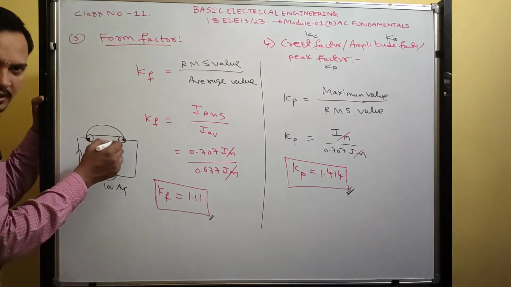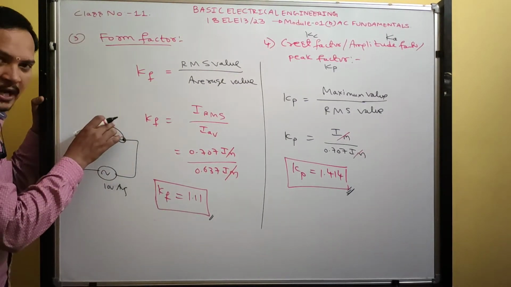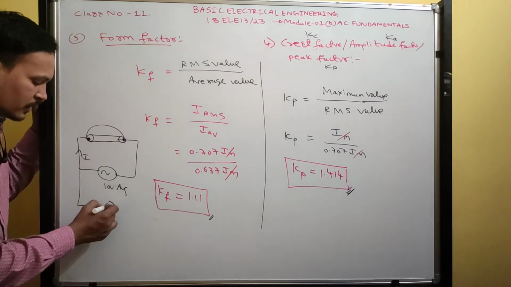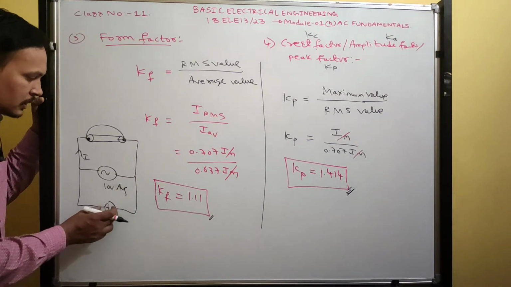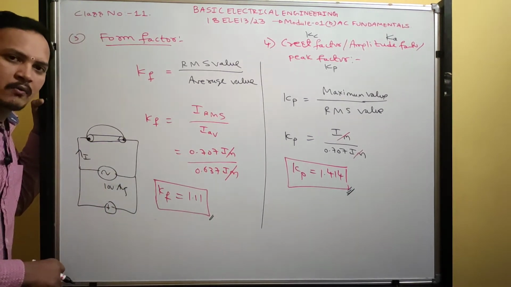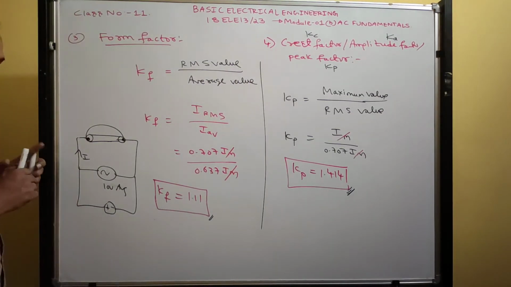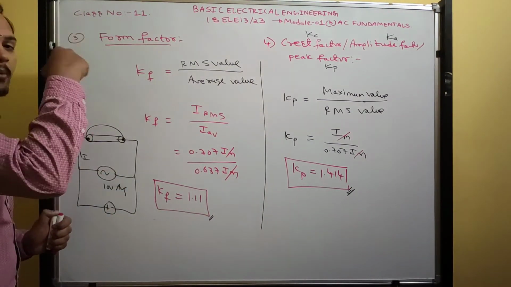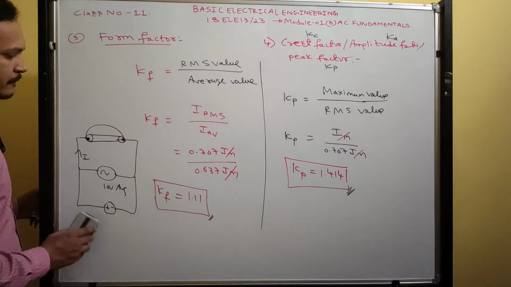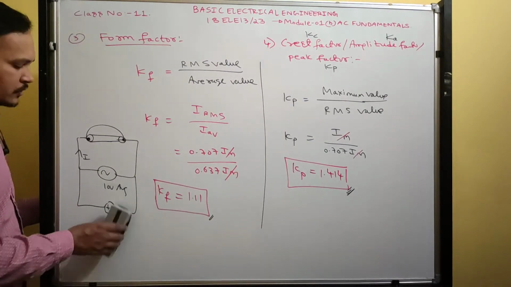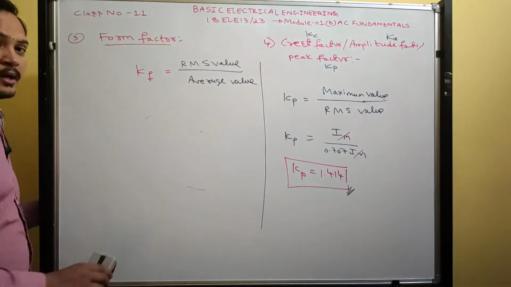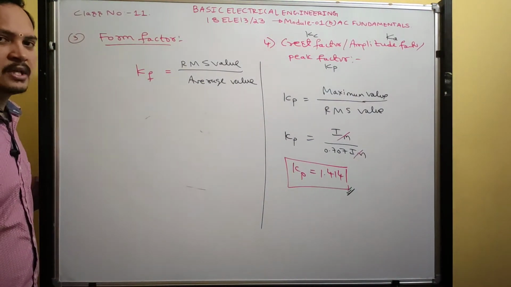The charge is transferred for the same circuit for the same time. It has happened if we give DC supply also. If we give DC supply also, it will give the same amount of charge transferred as in the alternating quantity. Got it? So the same amount of charge is transferred, and the same amount of heat is produced, whether we give AC supply or DC supply. So it is called average value.